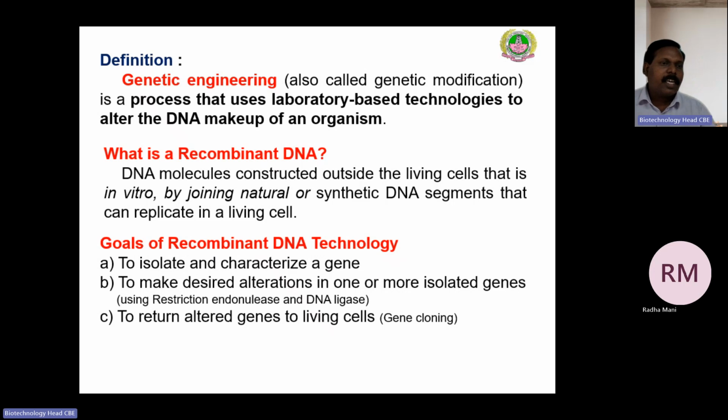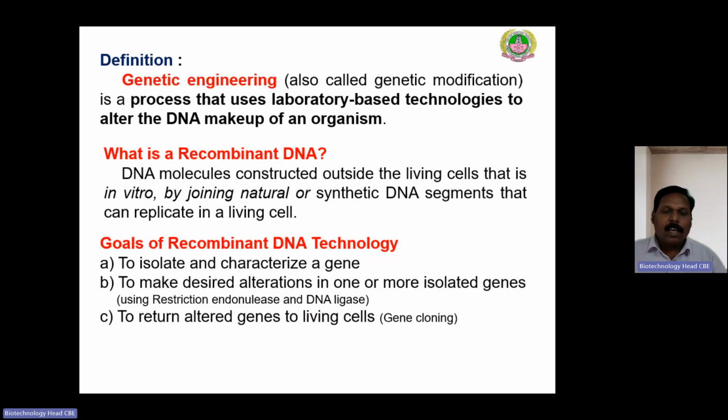First, let's see what is genetic engineering. Genetic engineering is a process that uses laboratory-based technologies to alter the DNA makeup of an organism. That's why we also call this technique genetic modification. Now talking about recombinant DNA technology, the recombinant DNA in particular, the DNA molecules which are constructed outside the living cells in vitro, means in the test tubes, by joining either the naturally occurring DNA sequences, or we can also go for joining together synthetic DNA fragments which can be replicated in living cells to produce